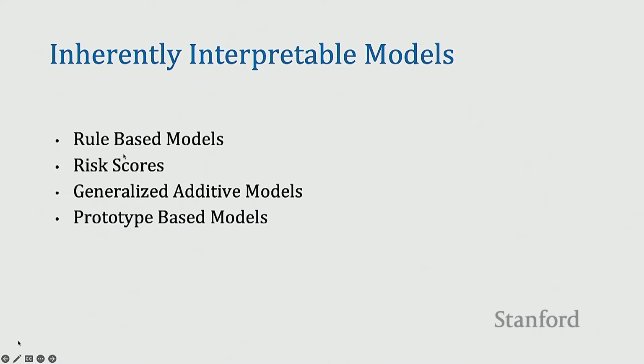So let me start by saying that I am not going to touch on the very basic linear models or regularized linear models with L1 or L0 or L2 style regressions, but instead I'm going to start from around the year 2014, 2015. Since then there has been renewed interest in building inherently interpretable models, exploring newer ways than what we had with respect to previous work in the 70s and 80s, right?